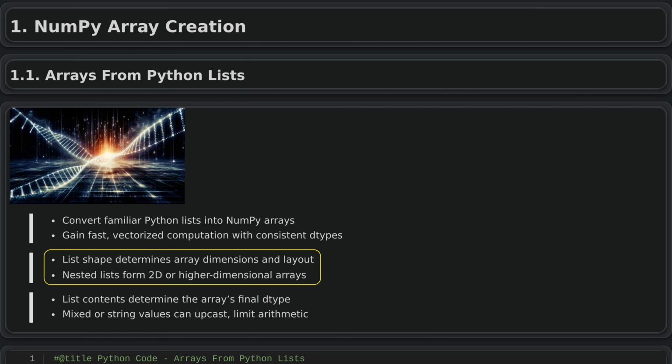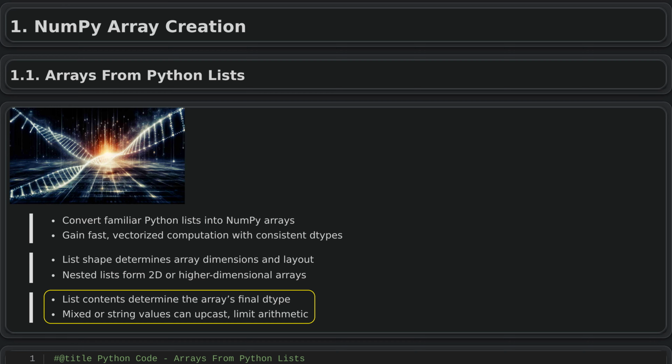When converting Python lists to NumPy arrays, you need to think about the shape and number of dimensions you want. A single list becomes a one-dimensional array, while a list of lists becomes a two-dimensional array, where each inner list is treated as a row. NumPy interprets the outer list as the first dimension and the inner lists as the second, as long as those inner lists are compatible in length. This idea extends to higher dimensions. So nested lists can represent more complex data structures as long as they can be arranged into a consistent rectangular